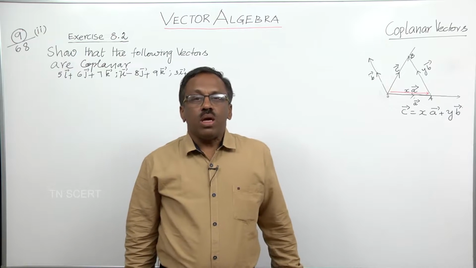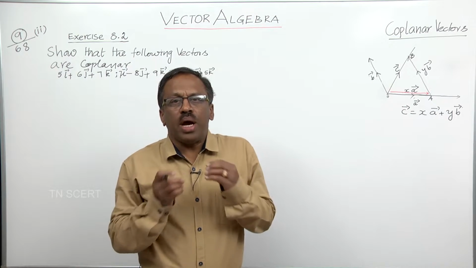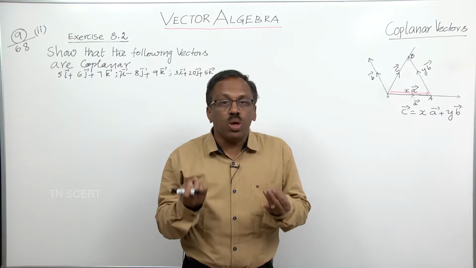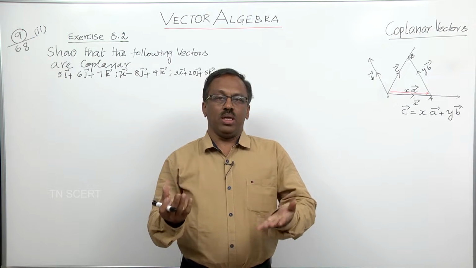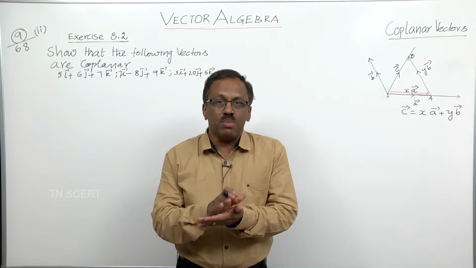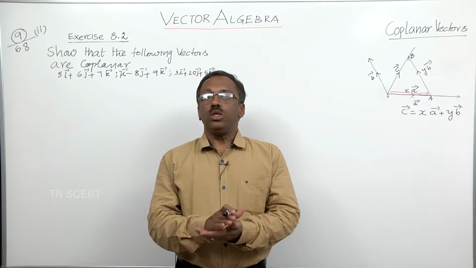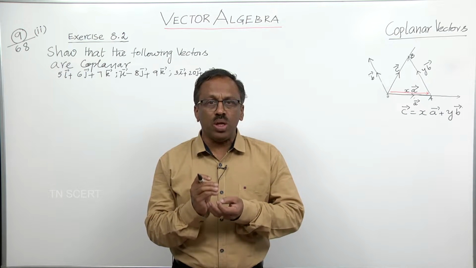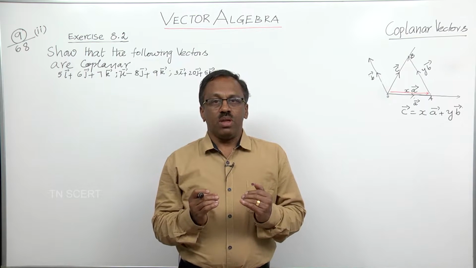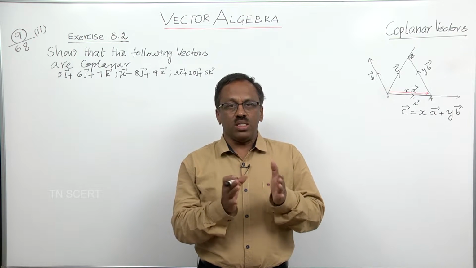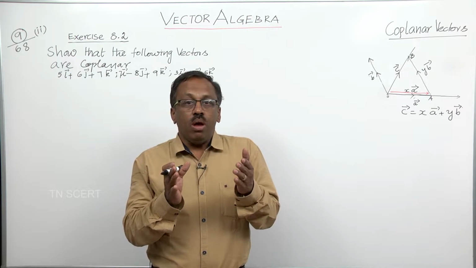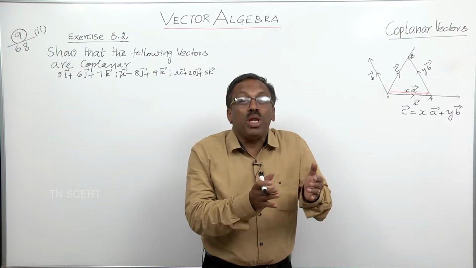Dear students, in vectors you might have heard the words collinear and coplanar. In the fundamentals, in the basic concepts of vectors, you might have heard about these words. What do you mean by collinear? Collinear means if two vectors A and B are collinear, one vector is a linear combination of